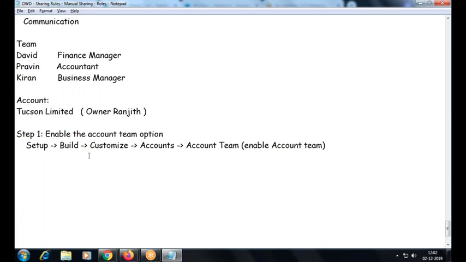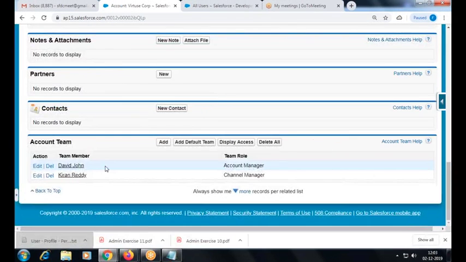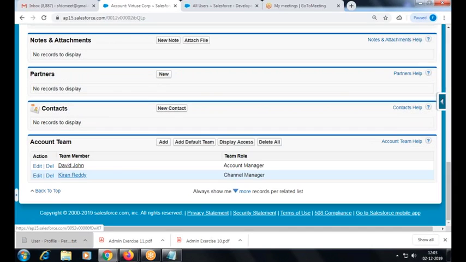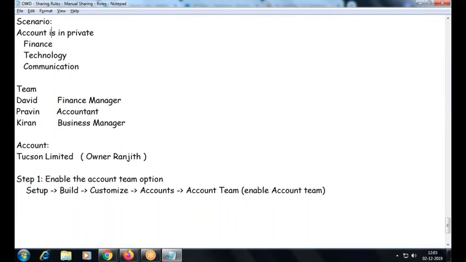Anytime I can edit and modify the access in the same record itself. So I can manage it properly because the record shows whom I have shared it with. Business wise, these are the users working for this customer. So anytime I can add some more users, I can delete. Got me? So this account team sharing is available only for